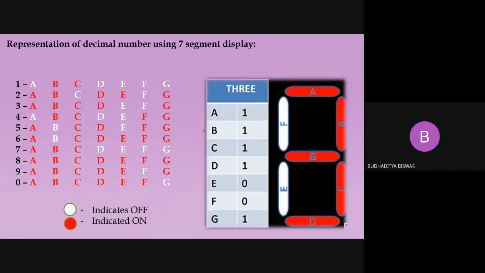Next class, sir, it is used in many places, in any digital display. This is actually used in digital displays. So we will understand how to display the defined numbers from 0 to 9 in this 7 segment display and how to decode that in the next class. Okay, after 15 minutes.